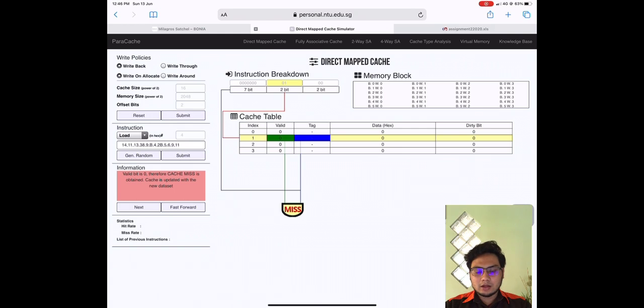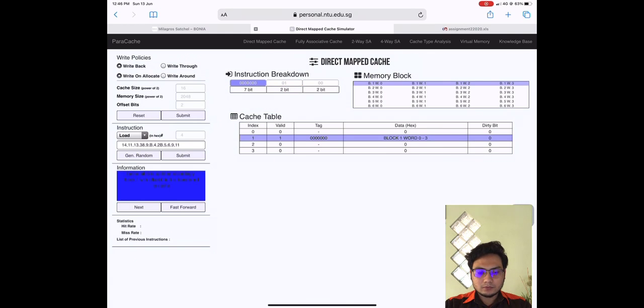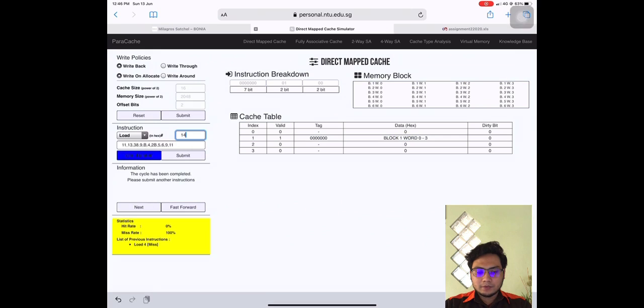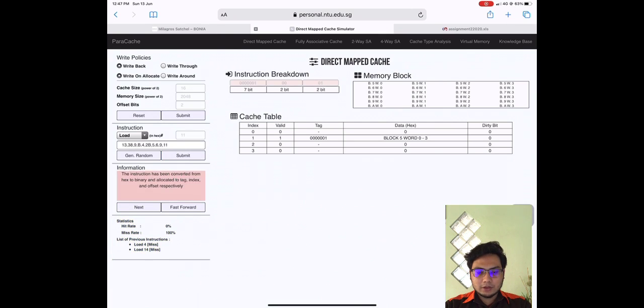Cache is updated with the new data set. The next is the cache table is updated accordingly. Block 1 with offset 0 to 3 is transferred to the cache. Then the cycle is complete. So you just repeat the step until the end of the instructions. So click submit, fast forward, submit, fast forward,